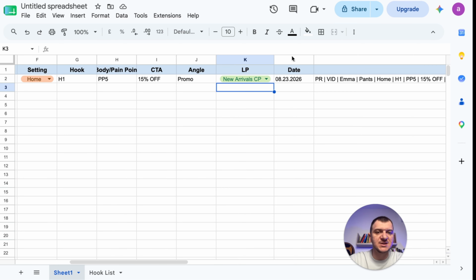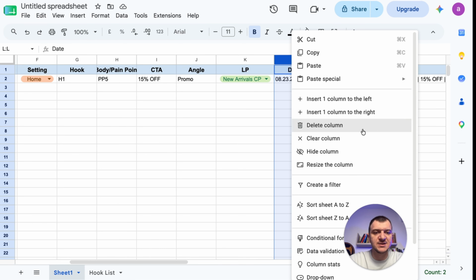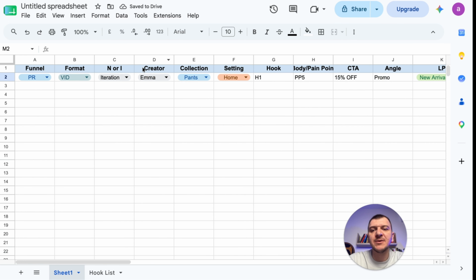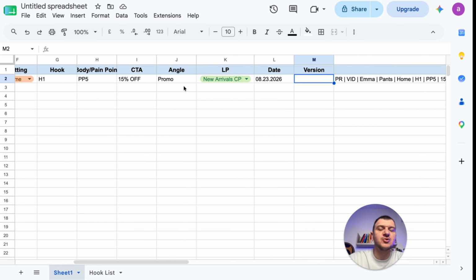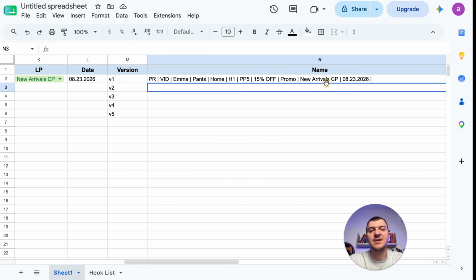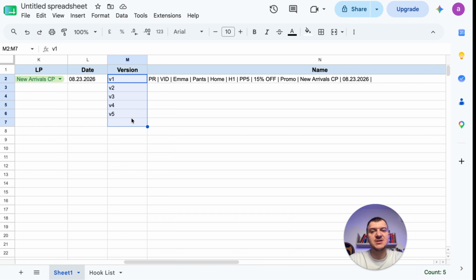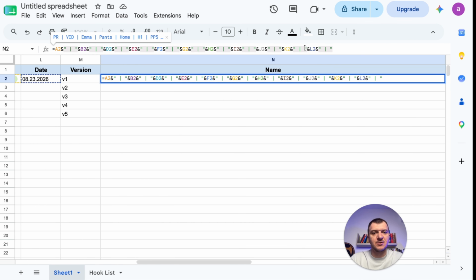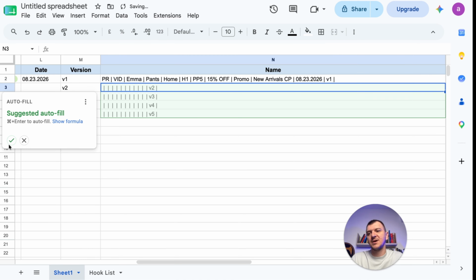And something that I missed adding when I was building this for you guys is version. If you're launching 5 identical ads where all of the naming conventions are going to be the same, for Claude to differentiate them and for yourself as well, you can have the version. So you're going to have V1, V2, V3, V4, V5. And then all of this is going to populate at the end here. Now you can see that the version part is missing. Very easy to add. You just go here and you can do like this, or you just copy this part, you paste it, you change L to M and you add this, and there you go, and you can apply